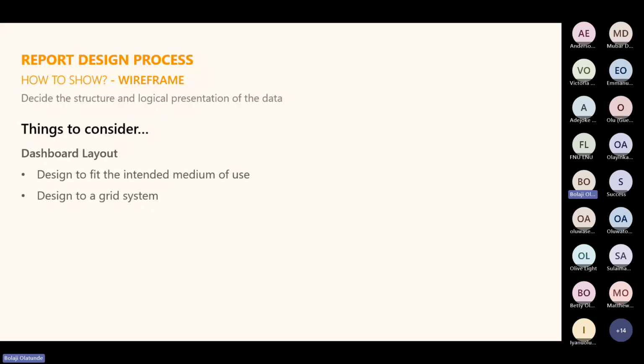And what's a grid system? A grid system, I'm going to show an image later on of what a grid system looks like. But a grid system basically is, when you have your blank report canvas, right? 16 by 9 in the aspect ratio, very long, but not too tall. And designing to a grid system is you just basically taking up that wide canvas and then cutting it into